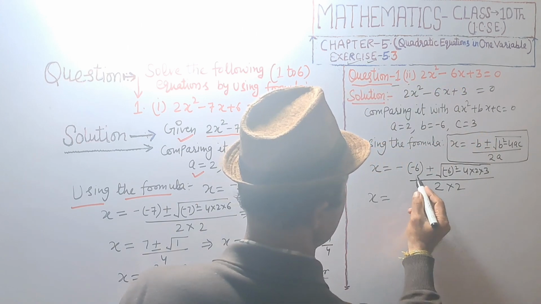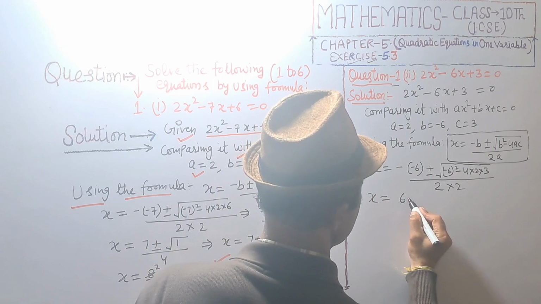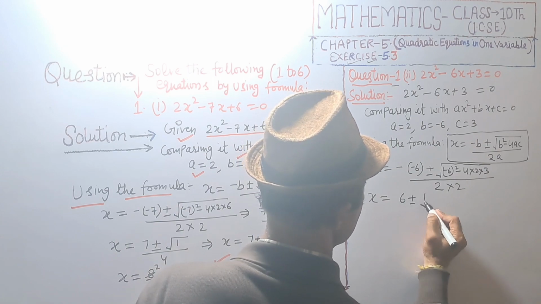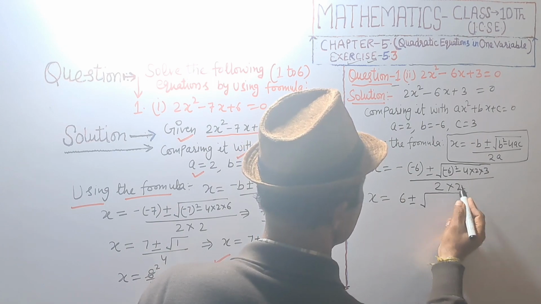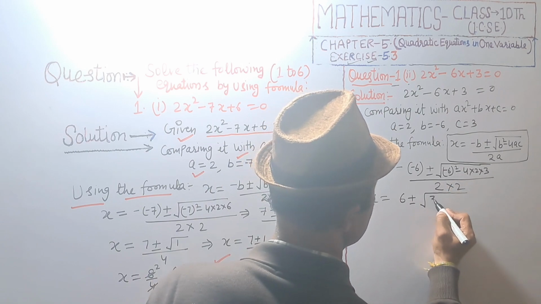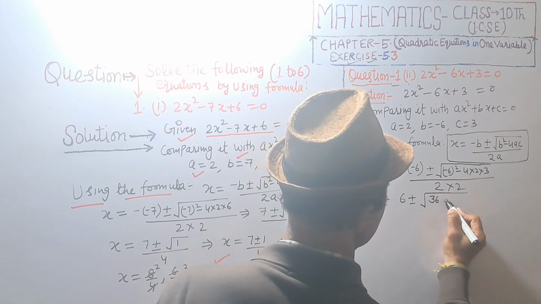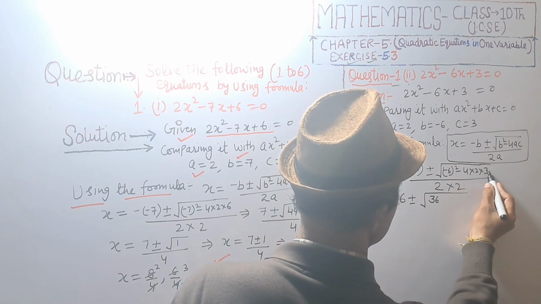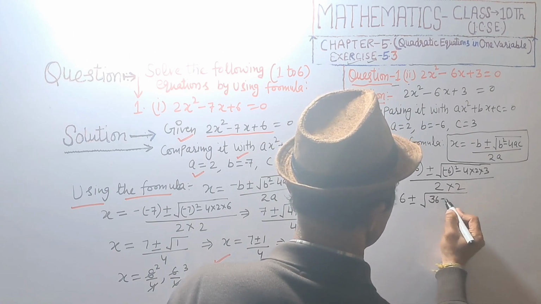So x is equal to 6 is positive plus minus root 6 sixes are 36 positive, and 3 twos are 6, 4 sixes are 24,